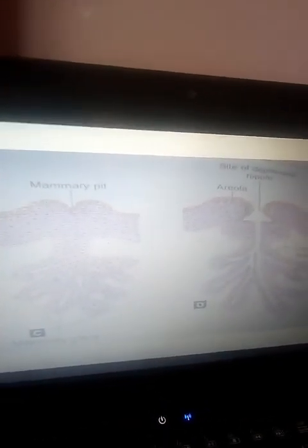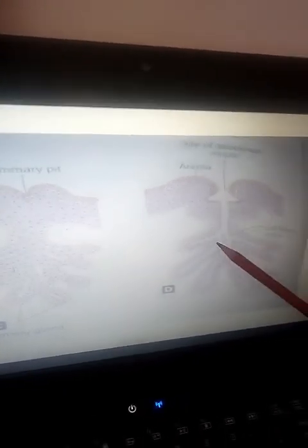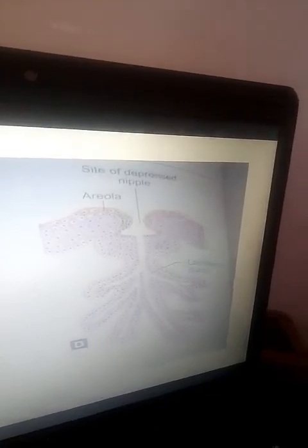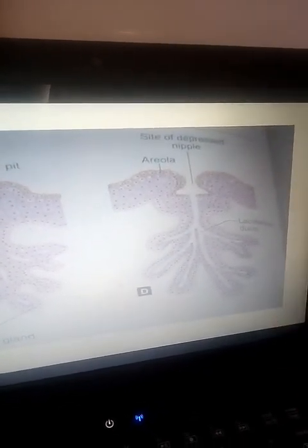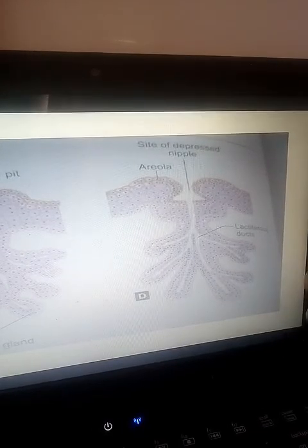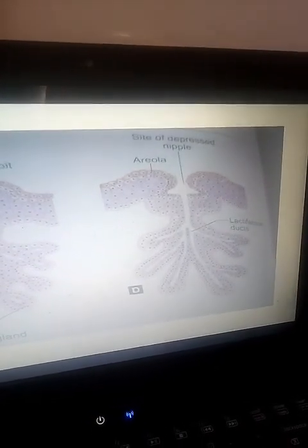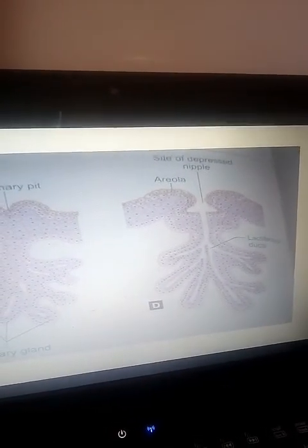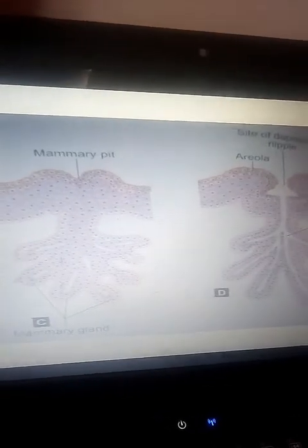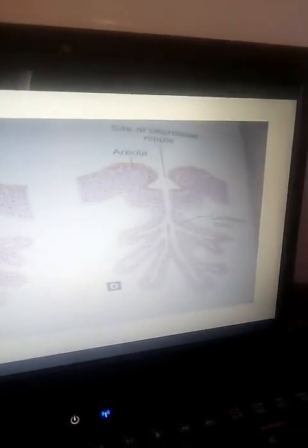The secretory element forms the alveoli of the gland by proliferation of the terminal part of the outgrowth. जिसके terminal part है वो secretory part बनाता है और जो बाकी का होता है वो duct बनाता है. The ducts first open into a pit, forming a cavitation, then the underlying mesoderm grows. जो इसके आसपास जो mesoderm था वो उसने growth की. Due to that growth it pushes the wall of the pit outward until it becomes elevated above the surface and forms the nipple by the time of birth. As you know, the mammary gland remains rudimentary in males, but in females the duct and the secretory element undergo extensive development during puberty and pregnancy.